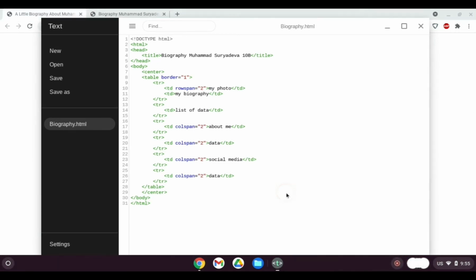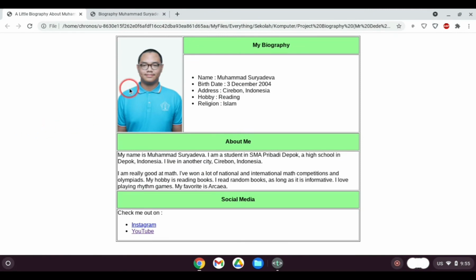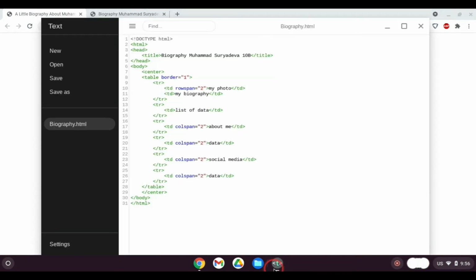So now let's do it. There is an image here, and then some text here, and then a list here. We want to do it from the top to the bottom. Because the image is quite hard to do, I want to do my biography first, this text first, and then the list, and then my photo later, because I think the photo is easier to adjust if we do it after we do the other column first. So anyways, let's go to the my biography part.